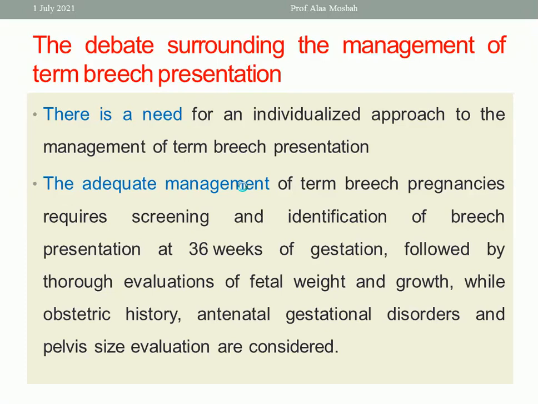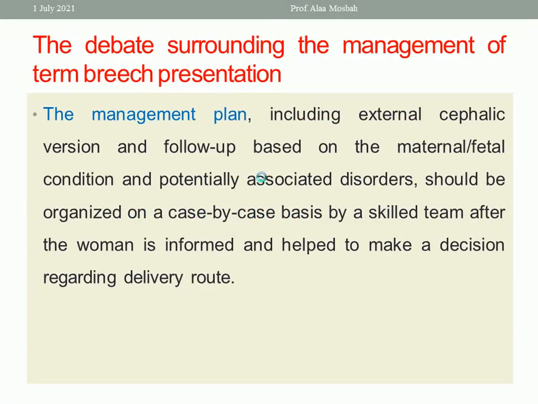A full obstetric history, antenatal gestational disorders, and pelvis size evaluation are considered. The management plan, including external cephalic version as recommended by the Royal College, and follow-up based on maternal and fetal condition and the potentially associated disorders, should be organized on a case-by-case basis